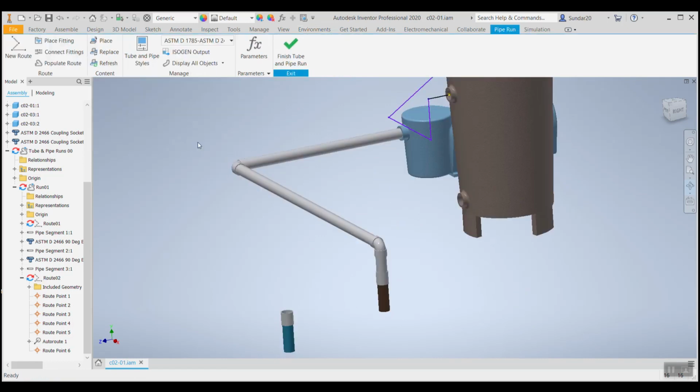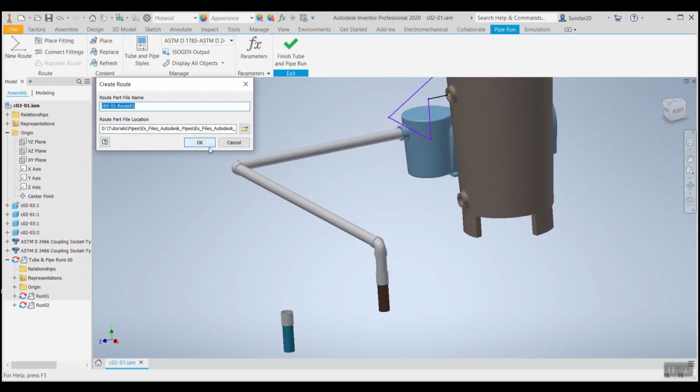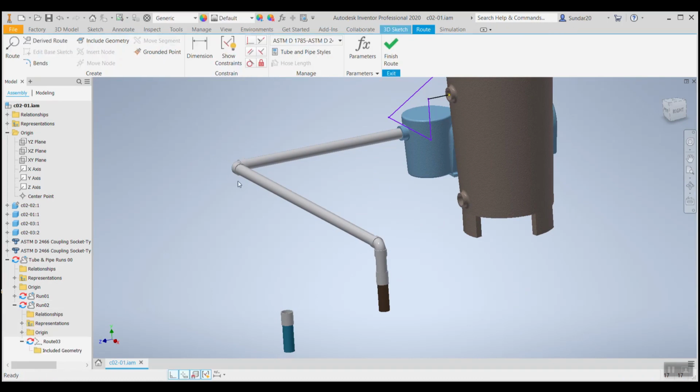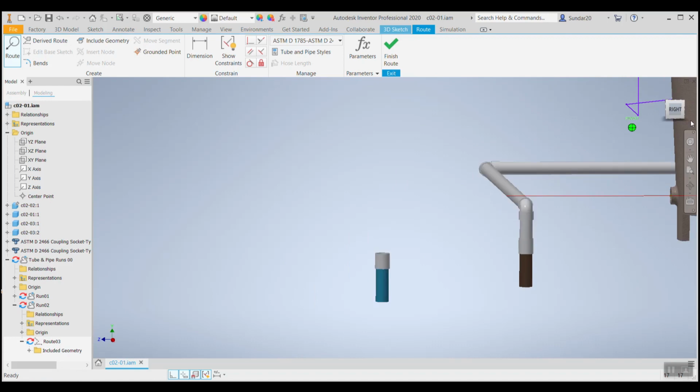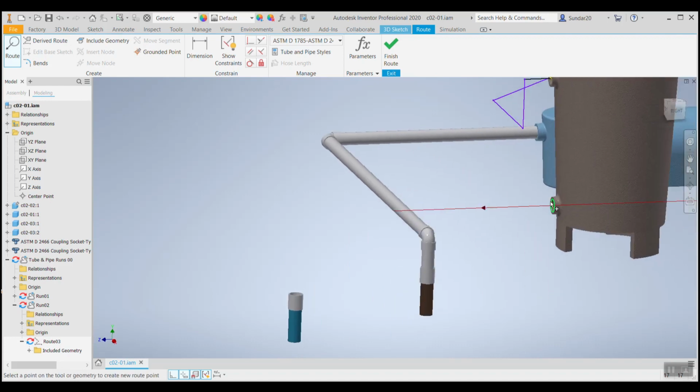New route. So here I'll select, and now you can see this line is getting clashed with the existing pipe, right? So if I bring any pipes over here, these two will eventually be meeting each other.